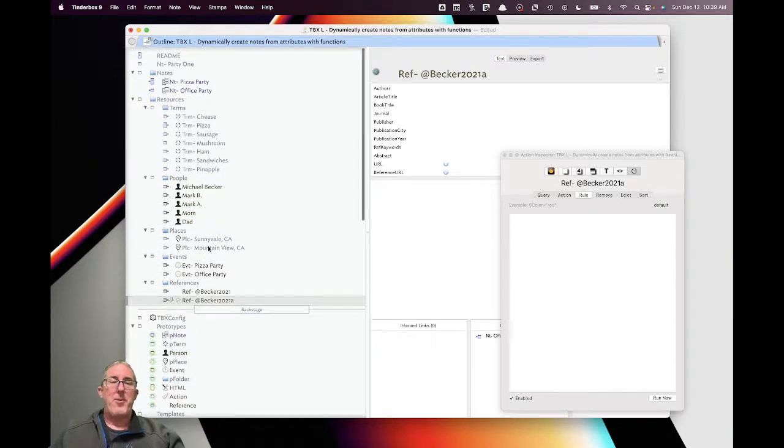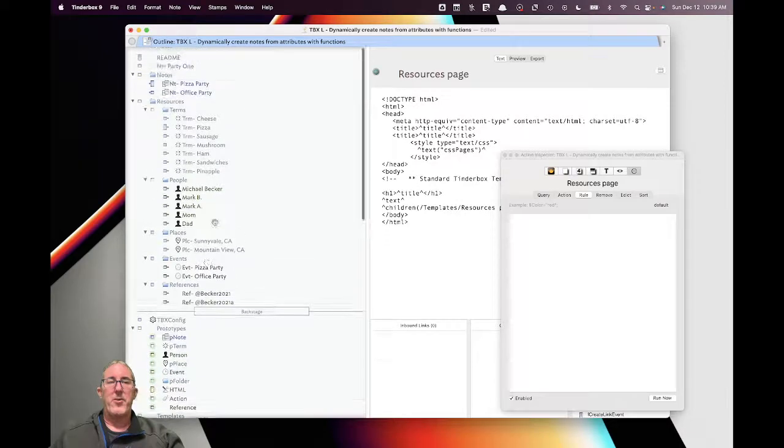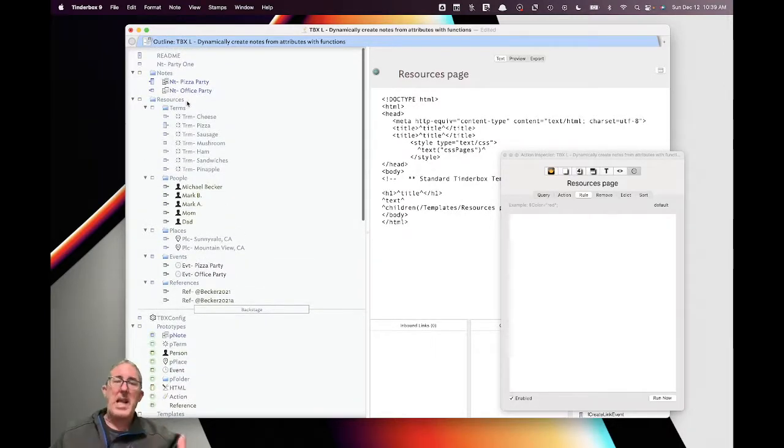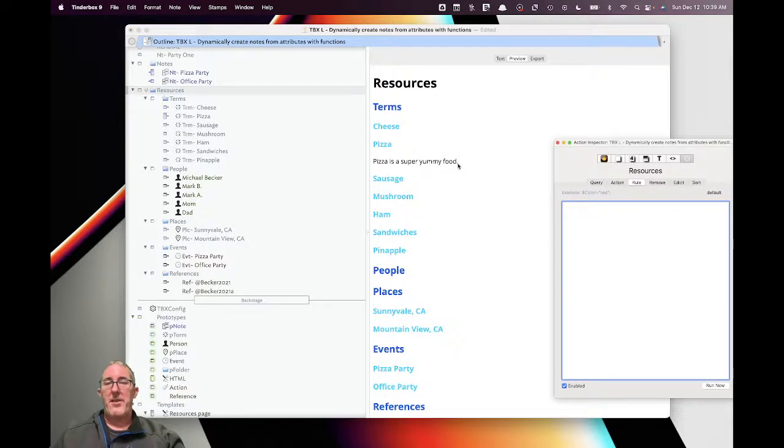Now, the last thing I wanted to show you here was the templates. So I've created a template for my various resource pages. So the other reason why I like this strategy of linking notes and creating notes is I can now actually create an index too. So if you look here and I click on preview, I now actually have a report that lets me generate essentially an index and the definition of all of the terms I use across all of my notes